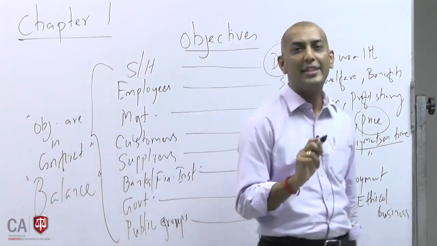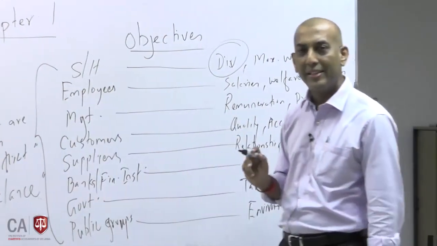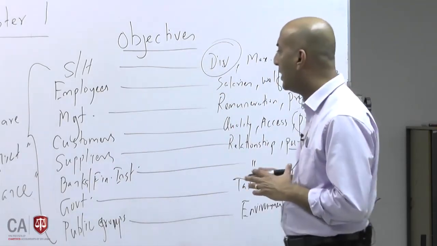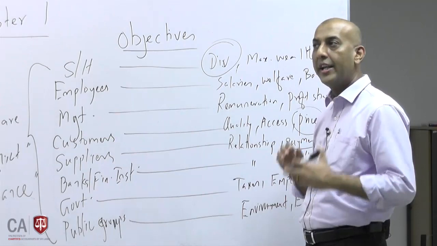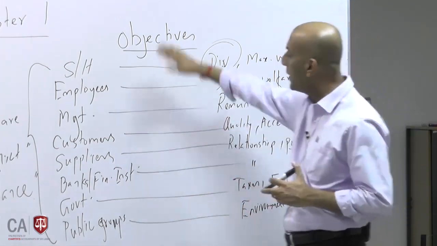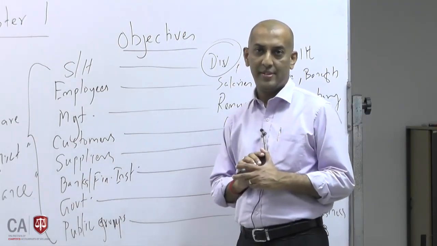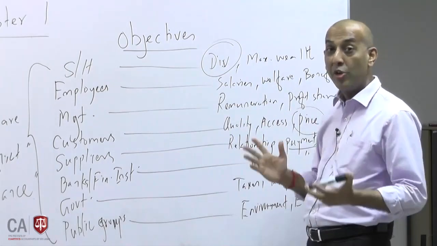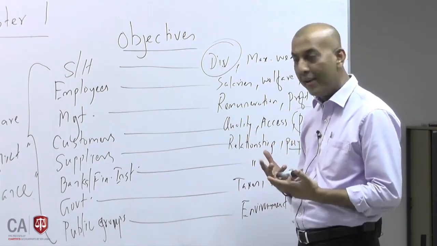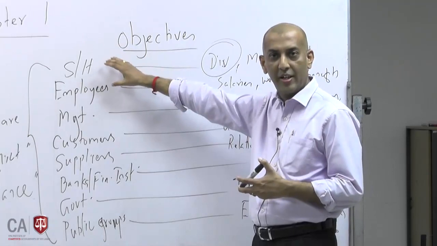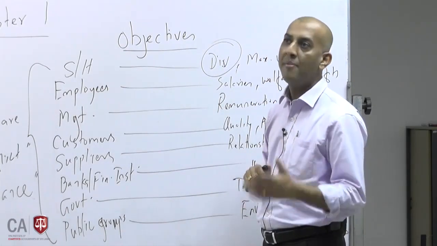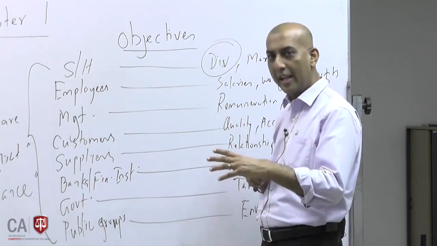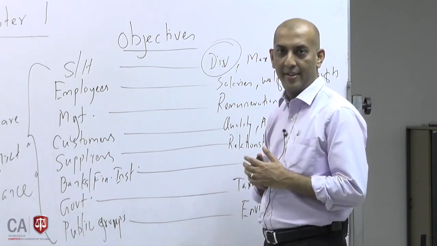So how do I balance these objectives? I need to balance it. When you are going to balance this, I have to ensure one thing: I cannot ignore any person's objectives here. In the sense that you can't totally ignore an objective of somebody and achieve somebody else's objective. You can't do that for the long run. Sometimes you may be lucky to do certain things for a short while.